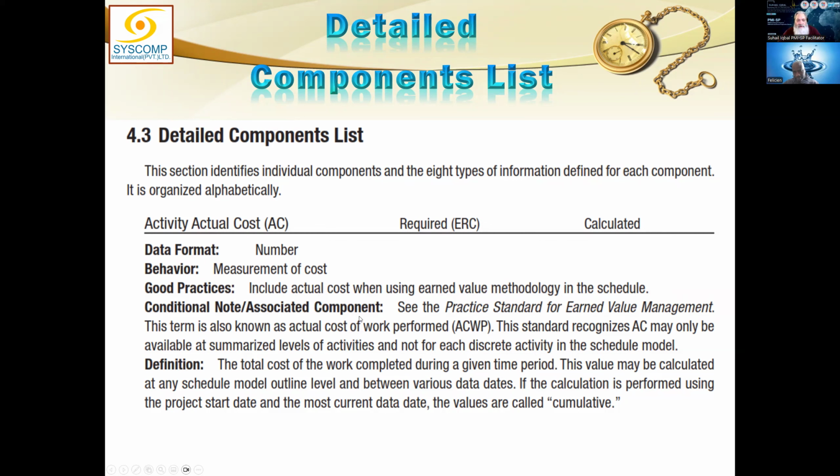What is the conditional note or associated component? It says, see the earned value management standard. Why? This term is also known as actual cost of work performed. There's another name for this, AC, and another name is ACWP, actual cost of work performed. This standard recognizes AC may only be available at summarized levels of activities and not for each discrete activity in the schedule model. Meaning the actual cost of all the activities